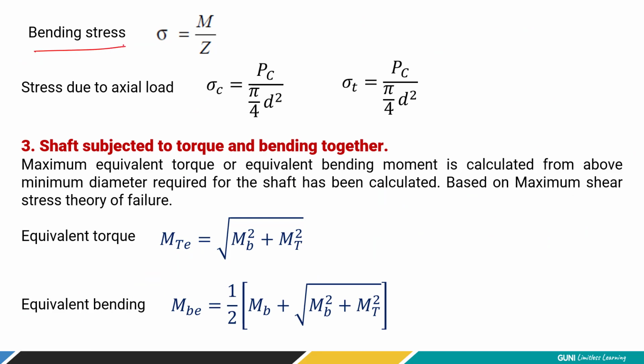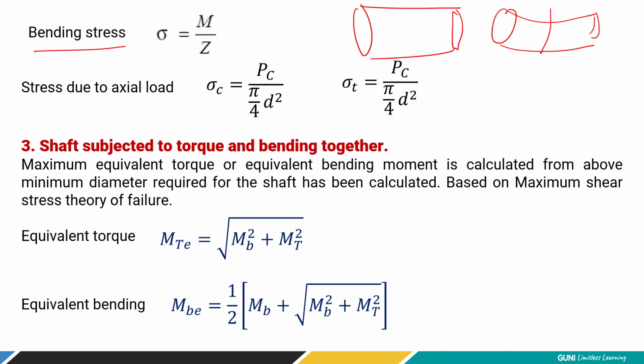Now, if the shaft is also carrying the bending load, as discussed in the previous chapter, right? In that case, we do have to consider a design based on bending as well. तो bending को भी ध्यान में लेना पड़ेगा. So the bending equation is very simple. Bending stress is equal to moment divided by section modulus Z, right? So here we can find a dimension from this moment of inertia.